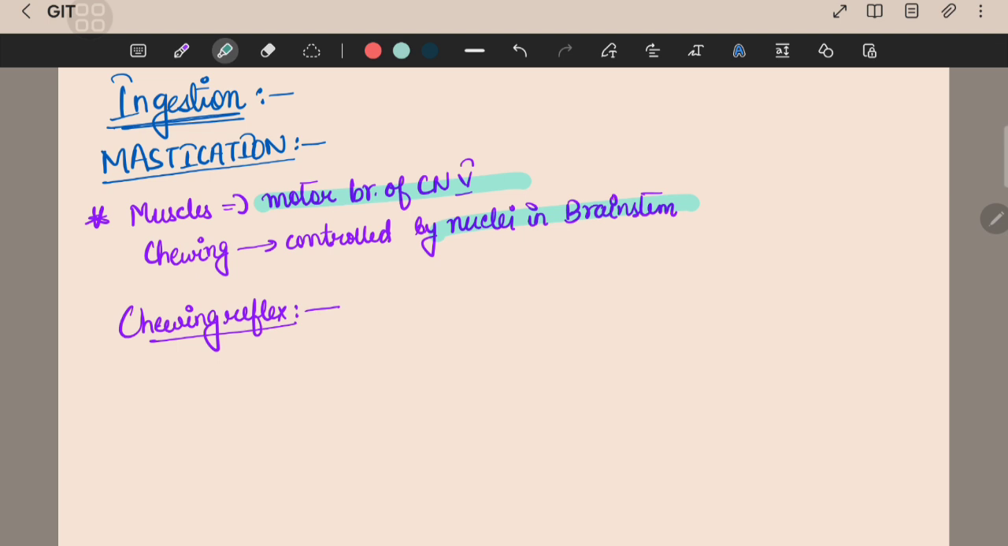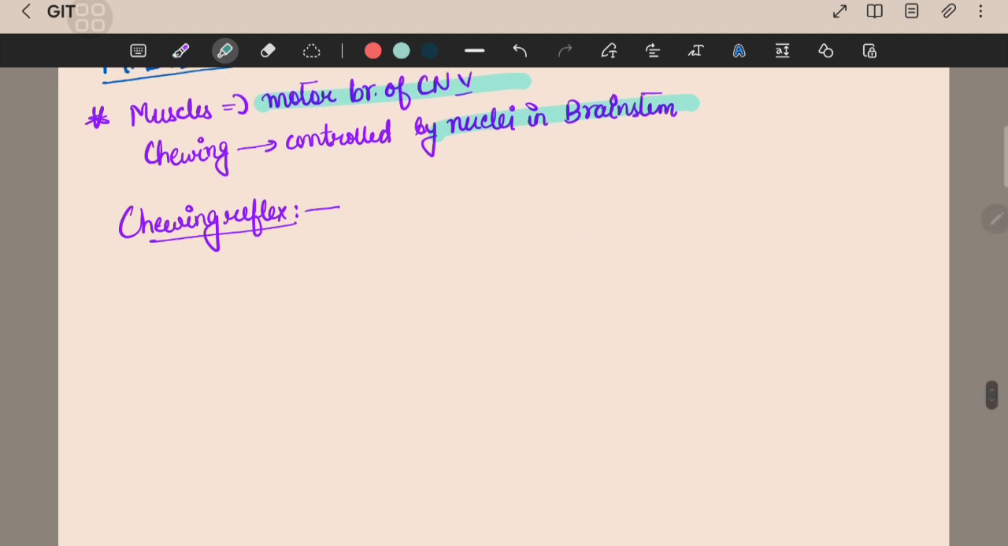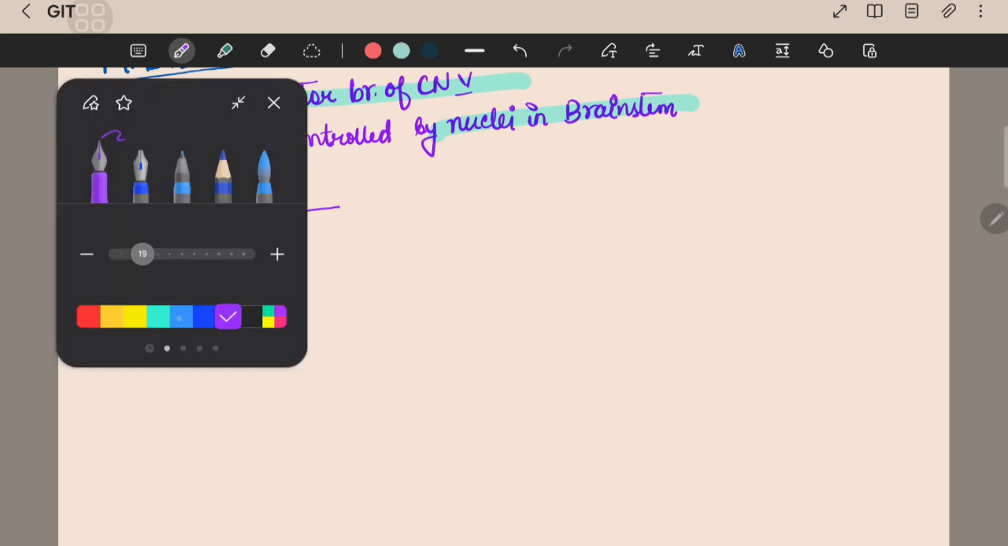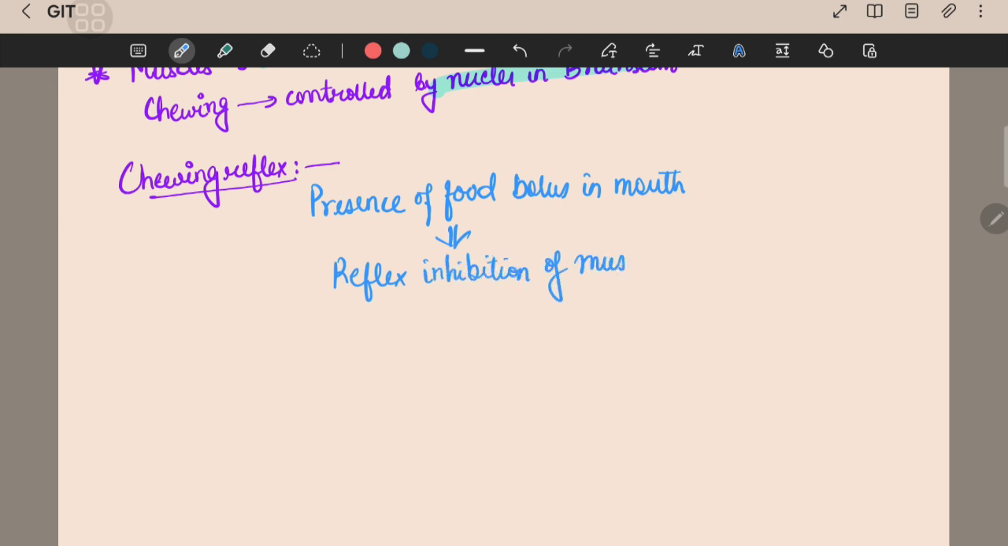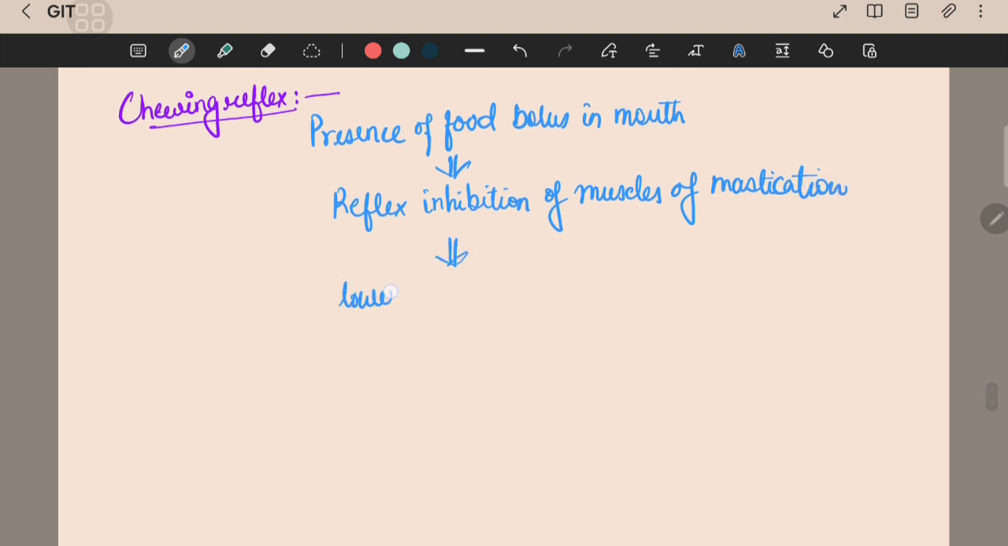I'm not going into the muscles of mastication and their nerve supply in detail, as they are discussed in anatomy. Now talking about the chewing reflex, let's see what happens. There will be a food bolus in the mouth, and that will cause reflex inhibition of the muscles of mastication. So what will happen? This will cause the lower jaw to drop, because there is a synovial movable joint present in the skull region,